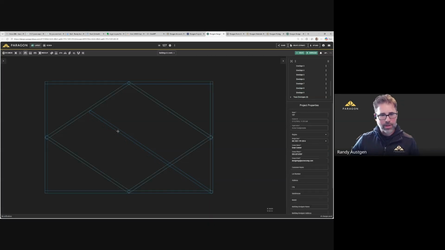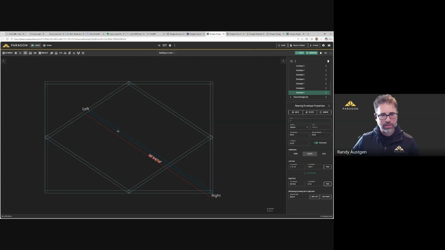By selecting the member, and I'd say this should be pretty obvious for anyone that's been using the software, when you do select a member, a truss envelope, or a bearing envelope, it automatically displays the left and the right end for you. And in this particular case, I want to adjust the left end. I want to bring that left end to this wall. So I can simply pick. I'm going to find my point, and there we have it.